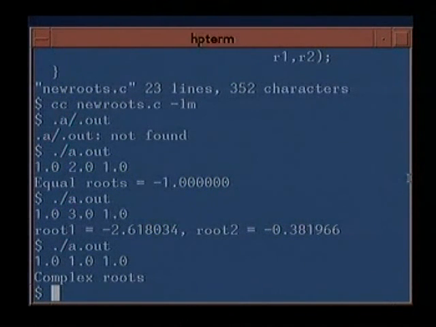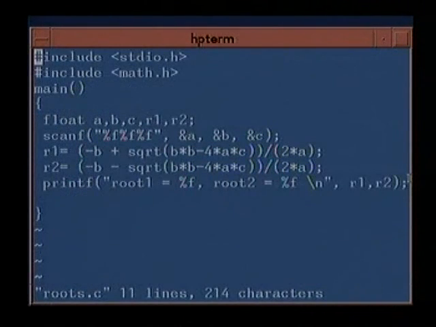Another point I would like to raise, let us go back to the original roots program. It's a very simple issue, but I would like to raise this issue right at this point so that we remember it as we go ahead. Here, in computing the two statements, I have done this square rooting twice.